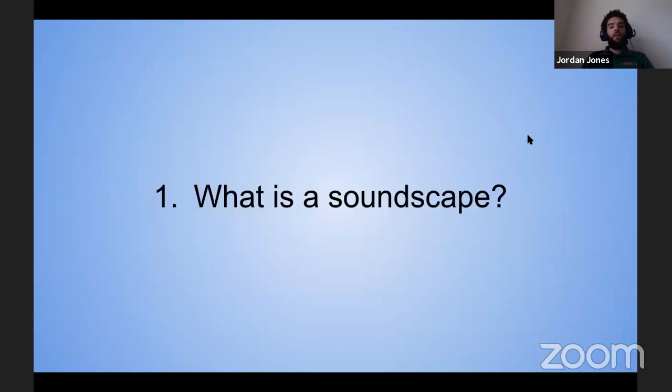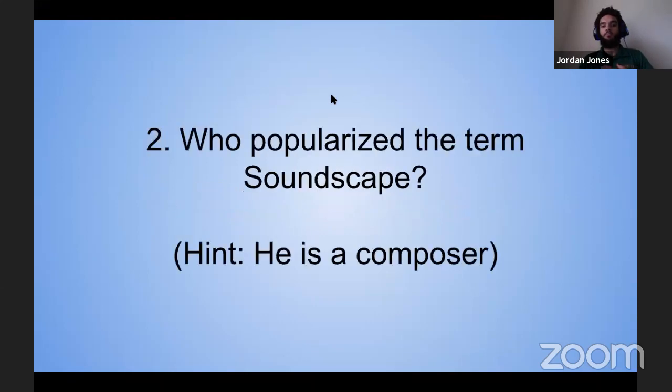So environmental sound, yes, that is a pretty close answer, Zioni. You might want to go in a little more detail because environmental sound can be a little bit vague. So you want to be sure that it's a collection of environmental sounds. So not just one sound, but it's the collection of all of them that make it a soundscape. So good. Thank you for your answers.